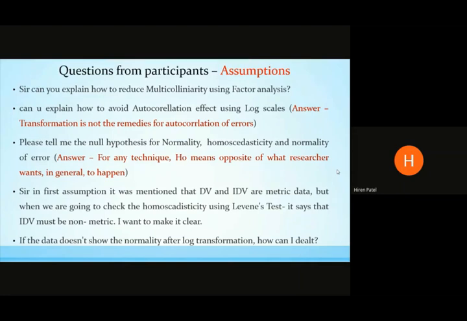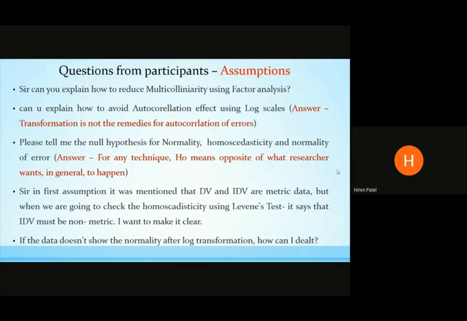Okay, so for your clarity, if you remember, we assess homoscedasticity by two different methods. One is through a plot and the other was Levene's test. For sure, Levene's test requires your data to be non-metric, and only then will it be applicable, right? So what is the best solution for homoscedasticity assessment even when your data is not non-metric? The solution is to go for the scatter plot.